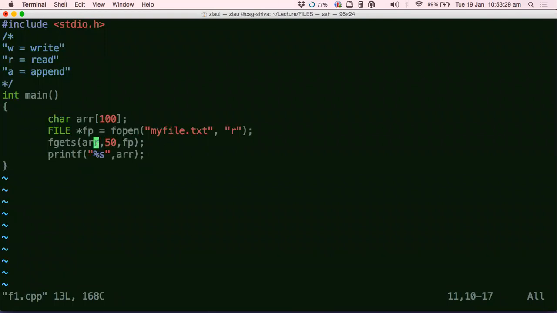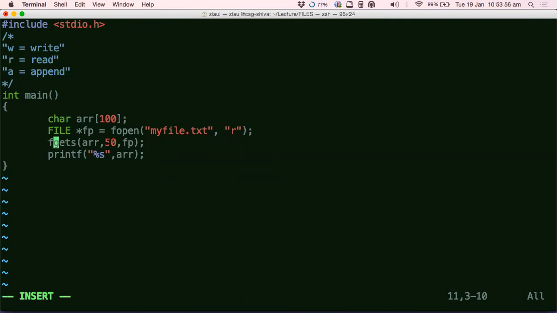Fgets is allowing you to read a string of this size, right? But then gets, what did gets do? Gets asks you to read from the standard input, and all fgets does is ask you to read from the file. That's it. What does 50 tell you? 50 tells you how many characters, how big a string you should read.